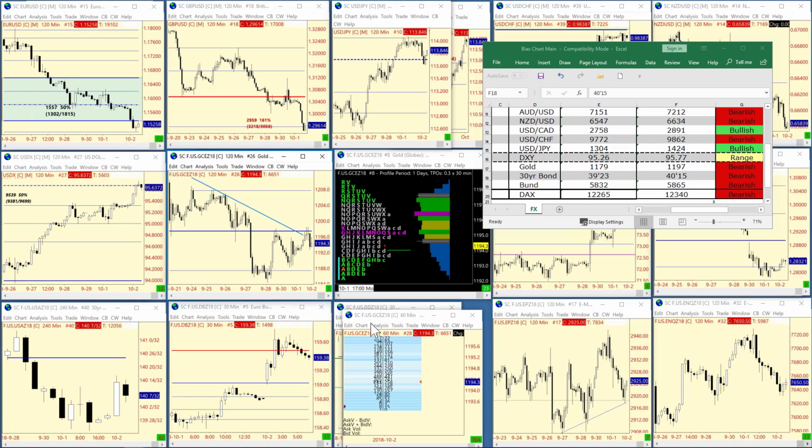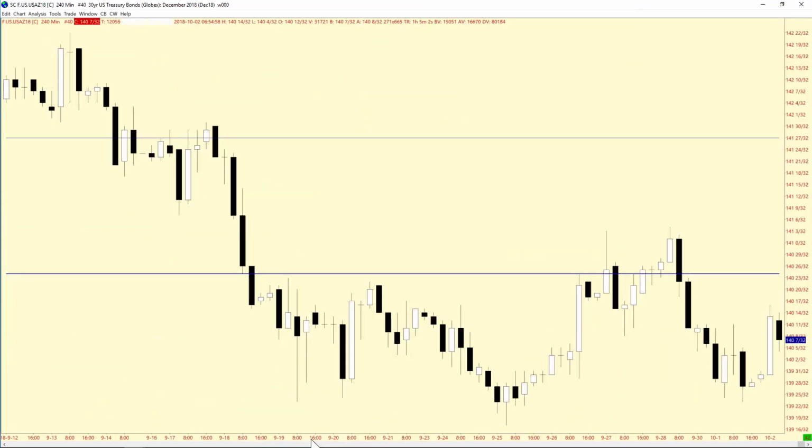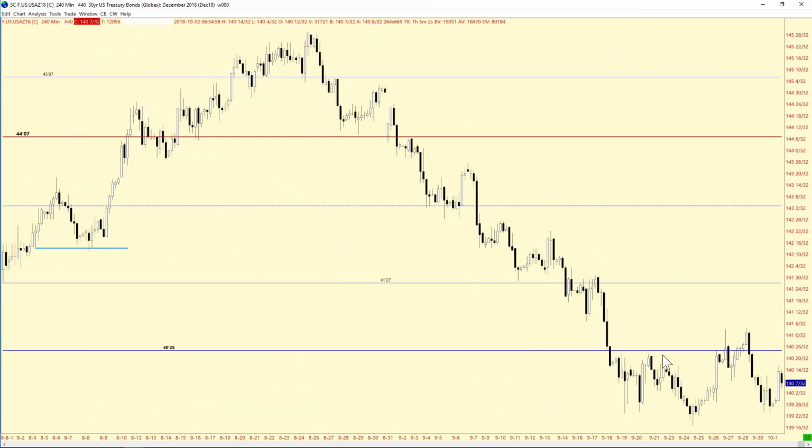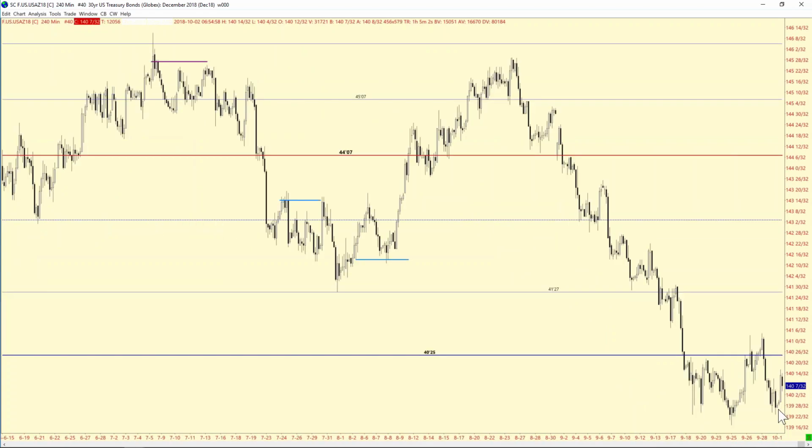Moving on to the bond market, we talked about the significance of this 40-25 going all the way back to 2009. We were below it last week. Towards the end of the week, it looked like we were going to get above it, and we start to slide back. And we've talked about how the dollar yen is finally playing catch up to where U.S. rates have gone. And we're trying to still hold our own, although we've slid back in here.